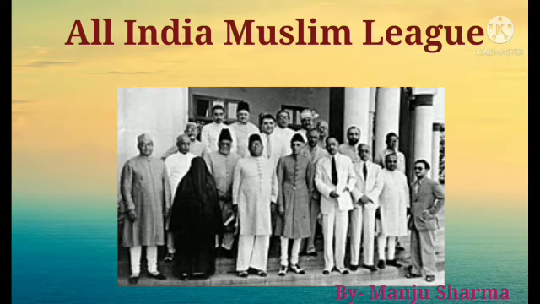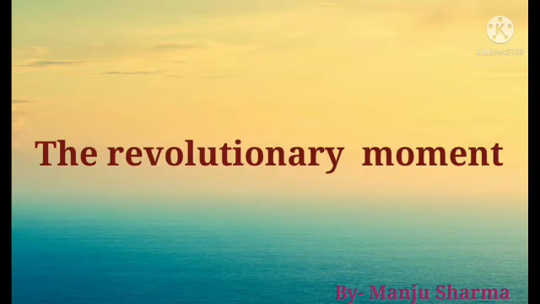Now the revolutionary movement was started. The aim of the revolutionary leaders was to liberate India from foreign rule. The revolutionaries had no faith in the policies adopted by the moderates and the extremists. They adopted violent means to gain their objectives. In 1912, Rash Behari Bose threw a bomb at Lord Hardinge, the Viceroy of India, during a procession. Lord Hardinge was injured in the attack, and Rash Behari managed to escape and went to Japan. This incident is known as the Delhi Conspiracy.